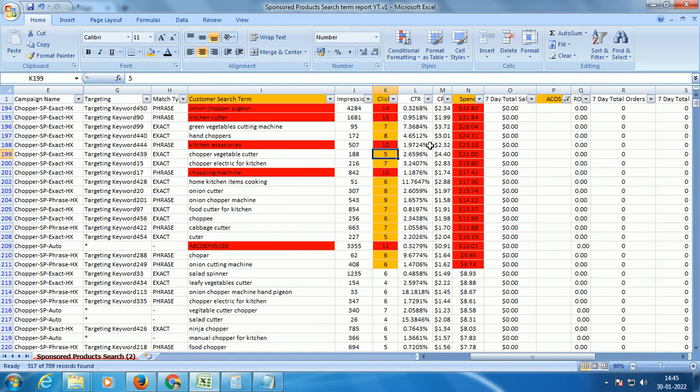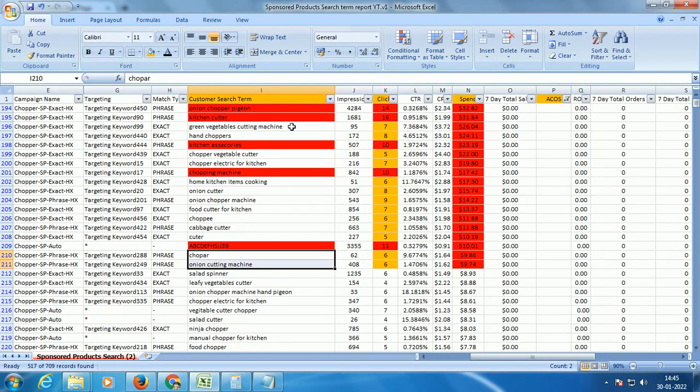right? In this case, I will check whether these search terms are related to our product or not. For ease of understanding, let's assume all these search terms are highly related to our product. In that case I will not negate these search terms. I will give it some more time. I don't have enough data to decide whether to negate them or not, so I need more data, and I'll wait for some more time.